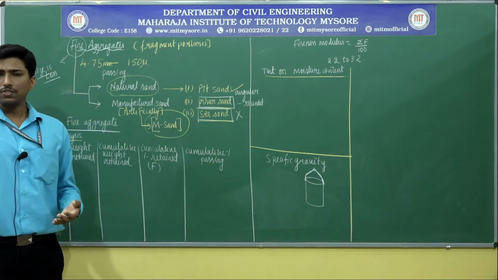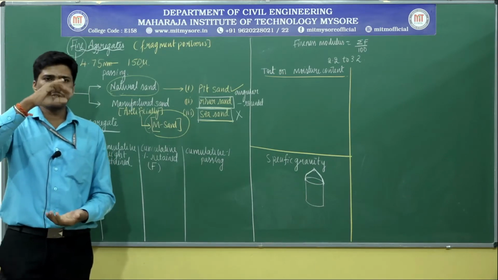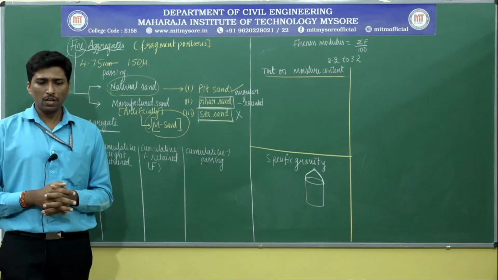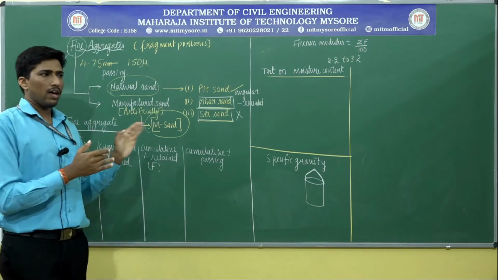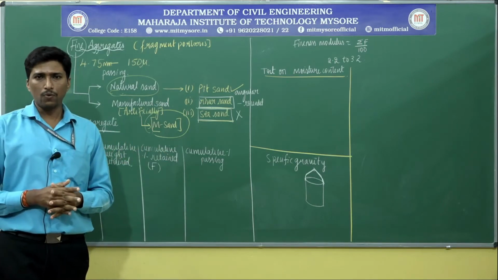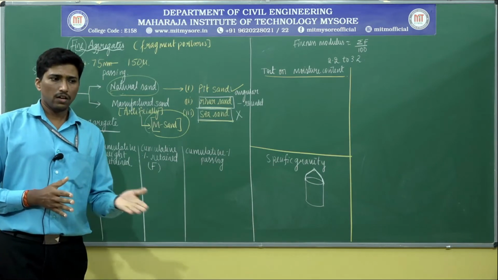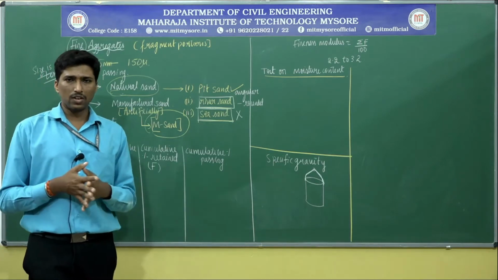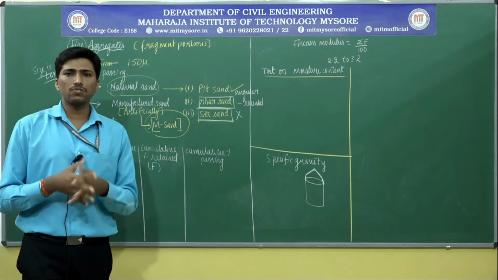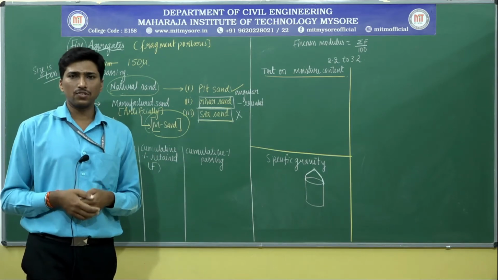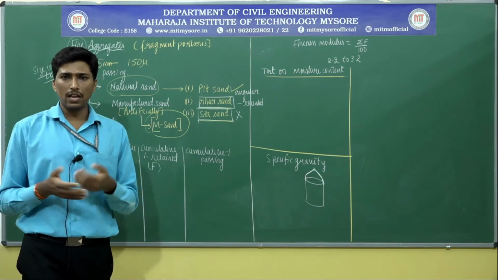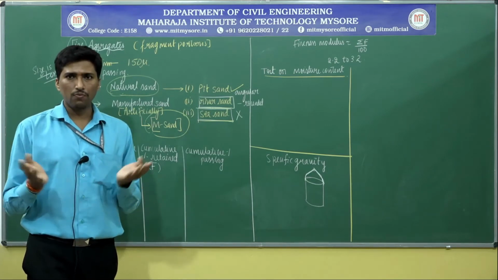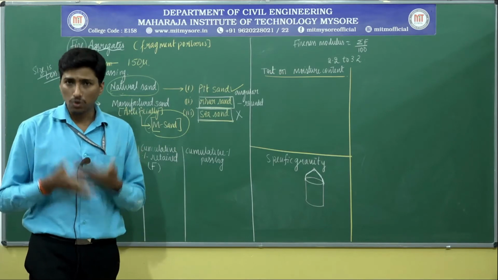Next, once the sieves are arranged, a lid has to be placed at the top and it has to be subjected to sieving. You might have seen a similar example, or I can give you an analogy. If ragi and paddy crops that we call rice have been mixed together, how are you going to separate them? You go for sieve analysis. For wheat flour or any other grain flour, if any lumps are present, you need to separate or segregate them, or sort them.